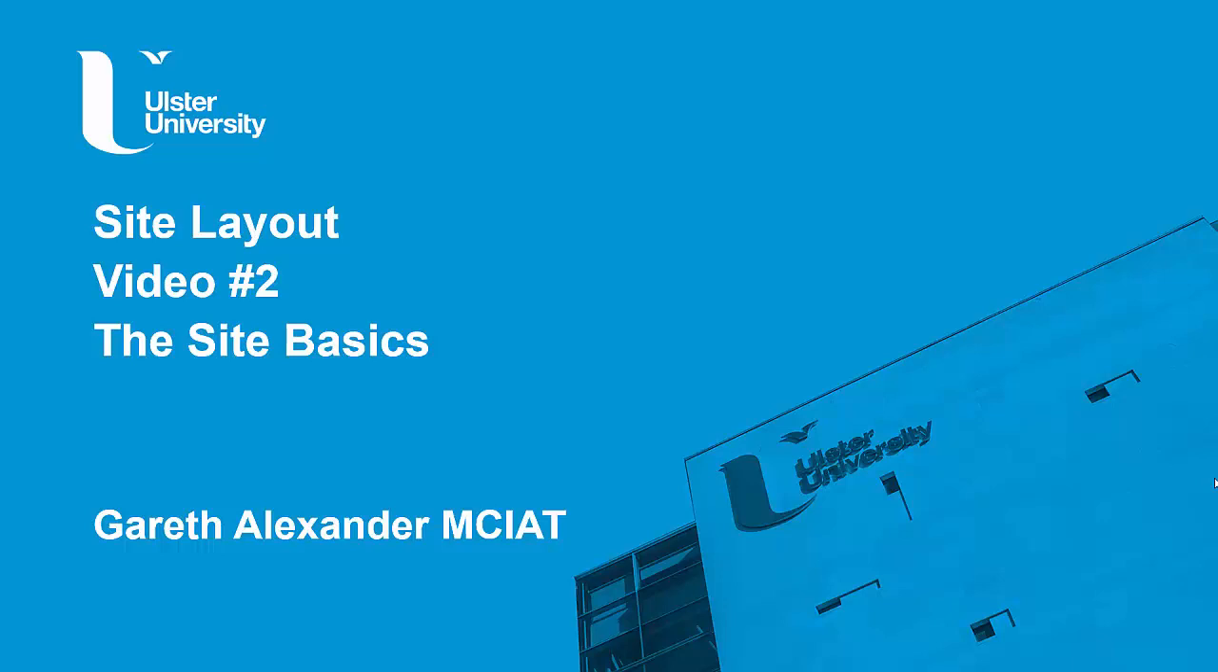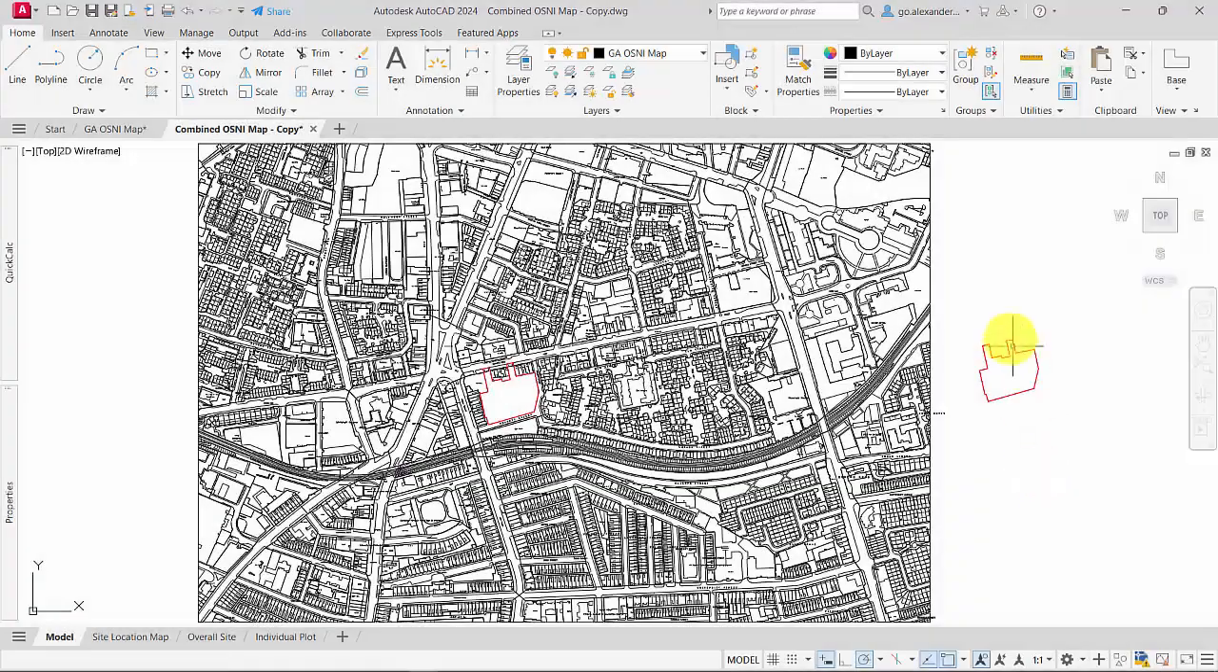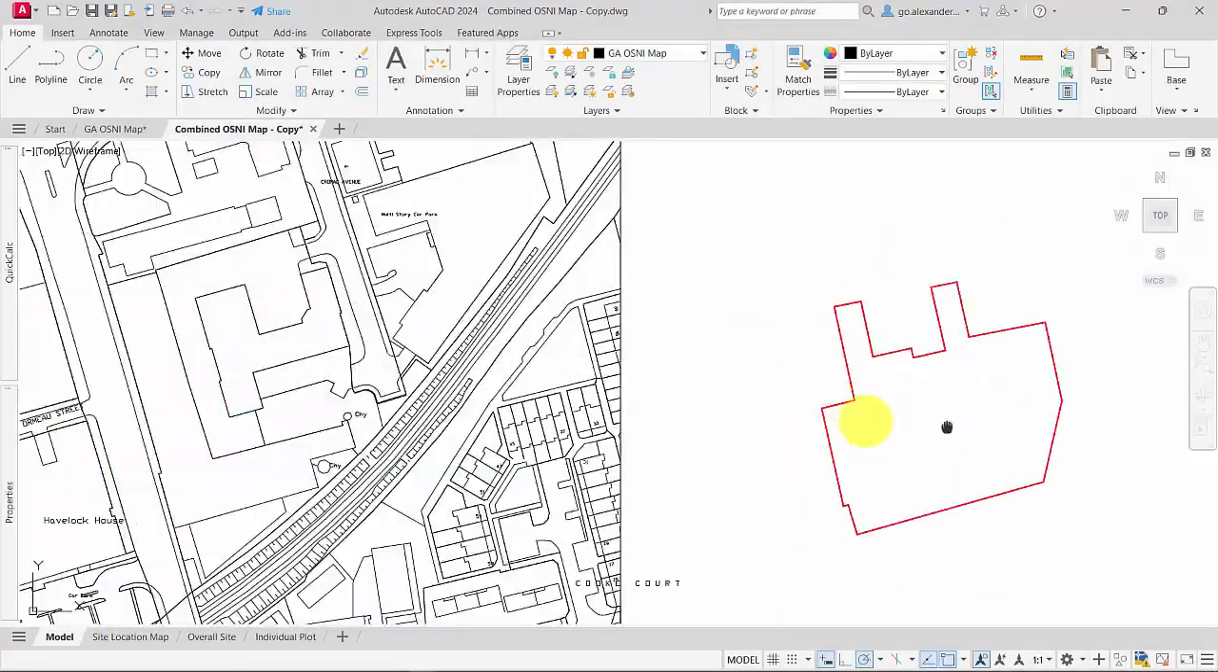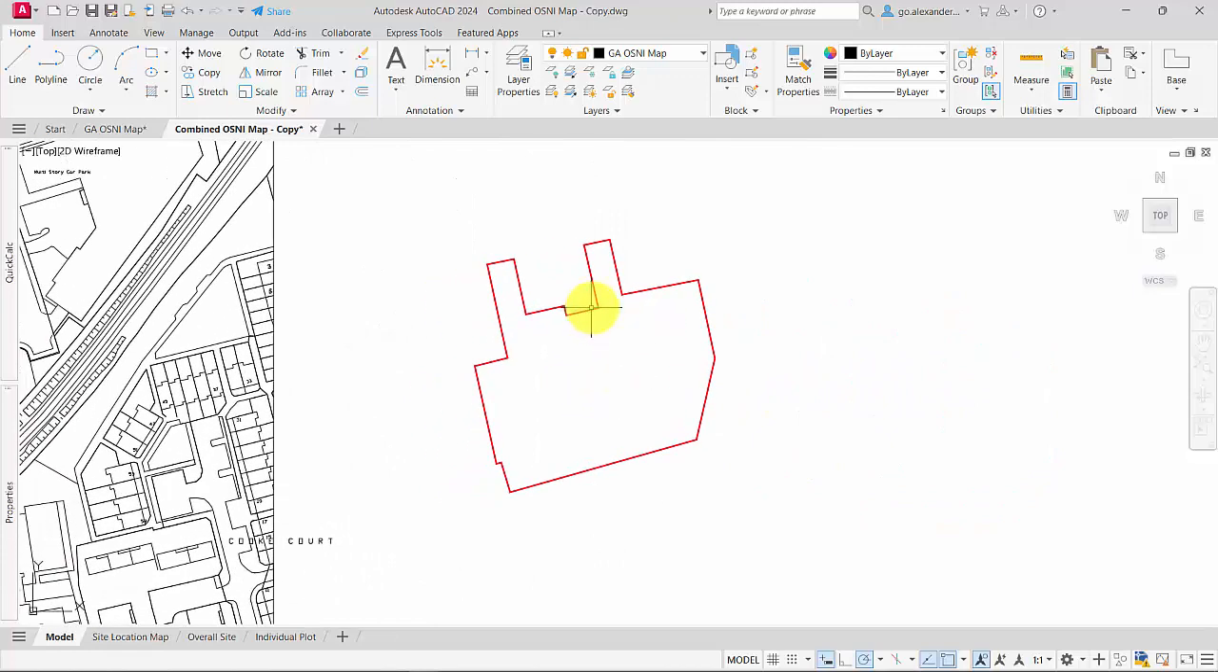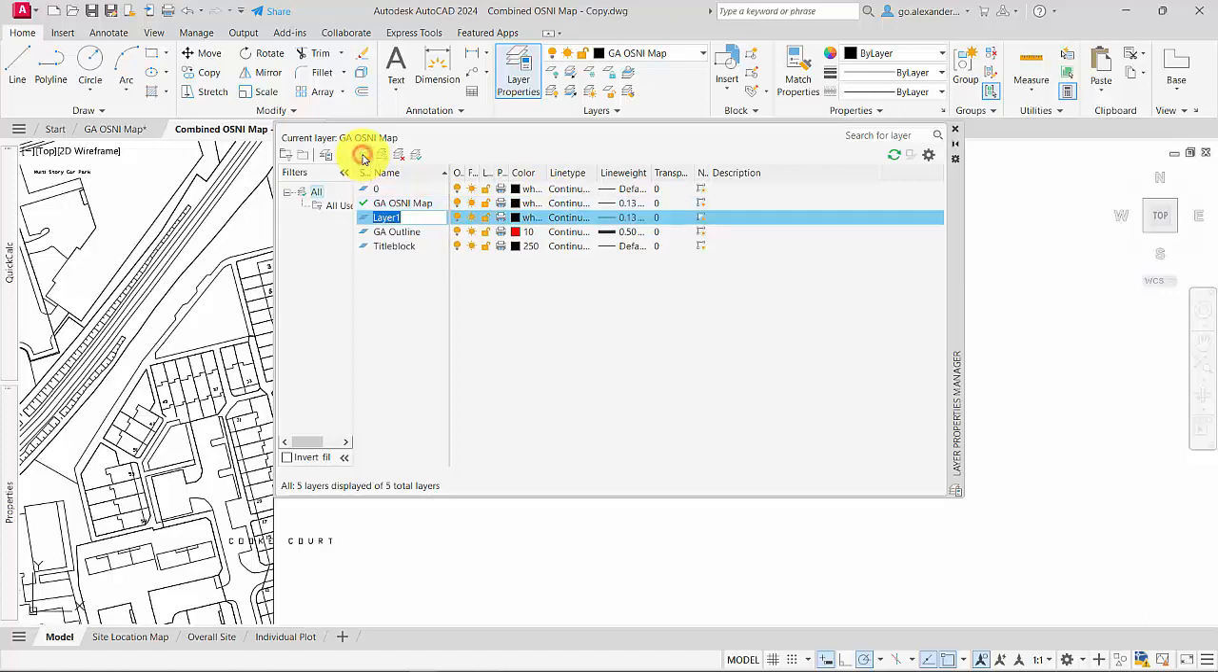Hi everyone, in this second video in the series we're going to look at the basics of the site layout. First of all, we're going to use this copy of the site overall layout, the outline for the site, and we're going to create another layer. Notice that the other layers that were there earlier have now disappeared since we used the purge tool, but GA site